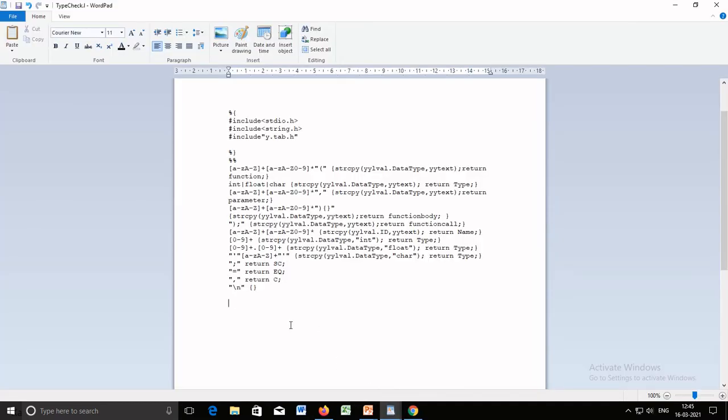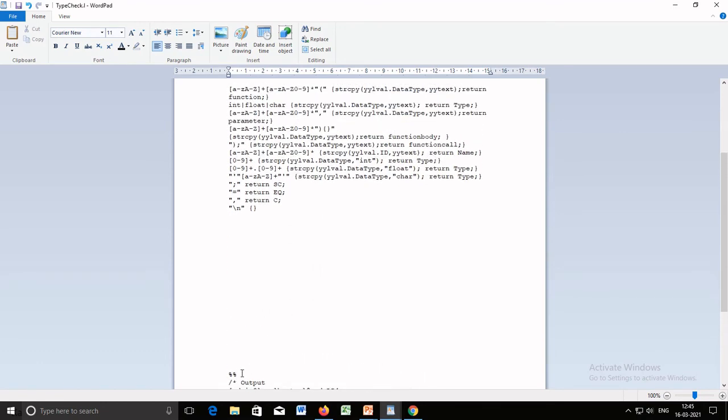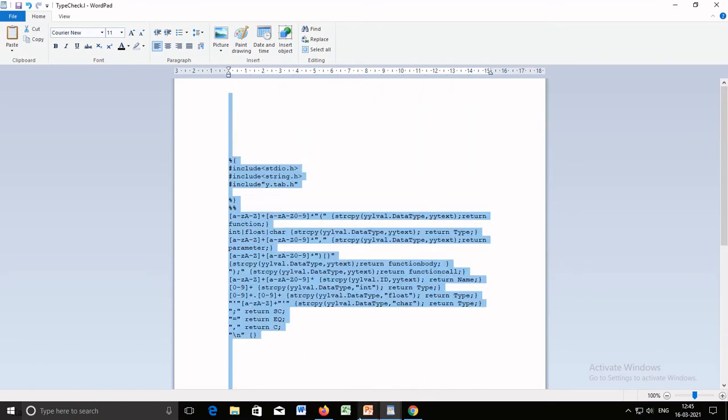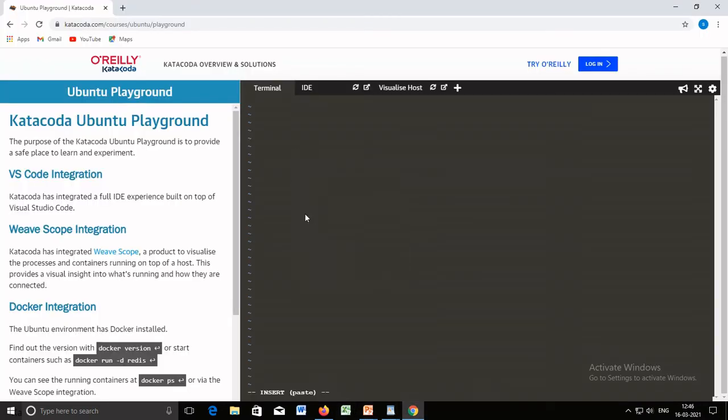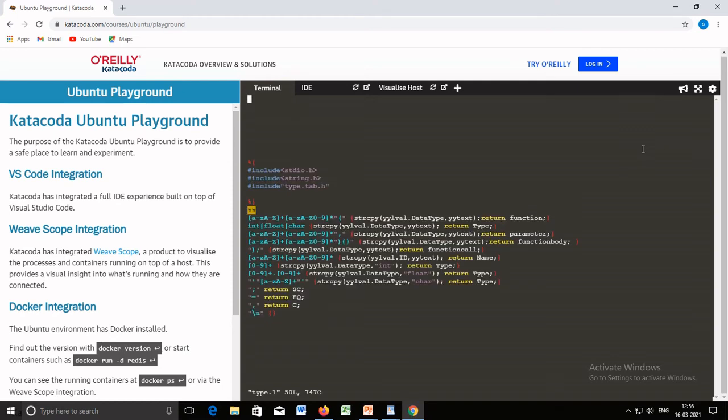Whatever we have discussed here, now let's try to put in this. I need this %%. Now we'll see the Lex specification for semantic analysis for type checking. The type.l file is created where we have given lexical specification for recognizing tokens from declaration statements like int a, function declaration, and call for the function.